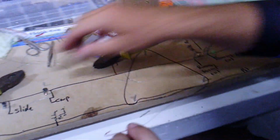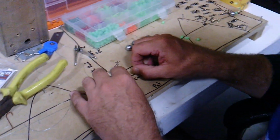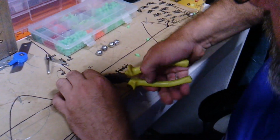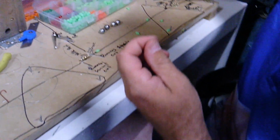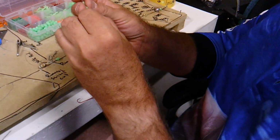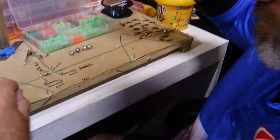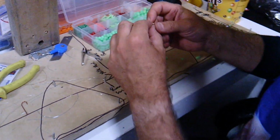Once again, this is my running sinker, running up there, so I put that there because I like a nice long lead. Come back down to my running point, cut. Now we can put a bit of red tube on this one, or we can put a bit of green, but we'll just go with green. We slide that on, comes down, grab our other swivel,